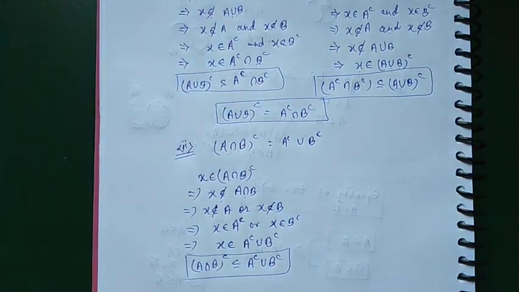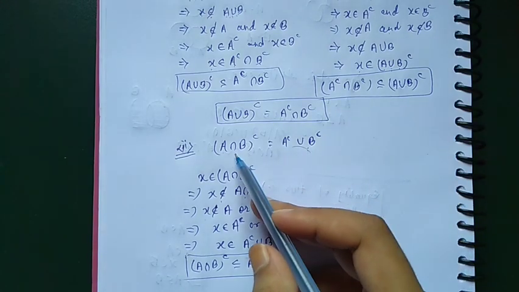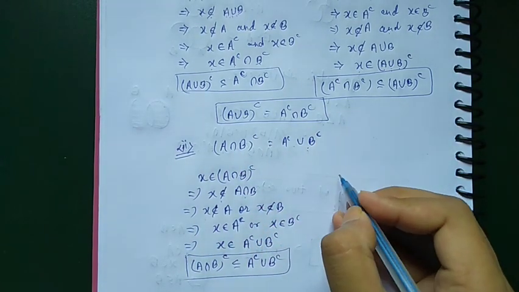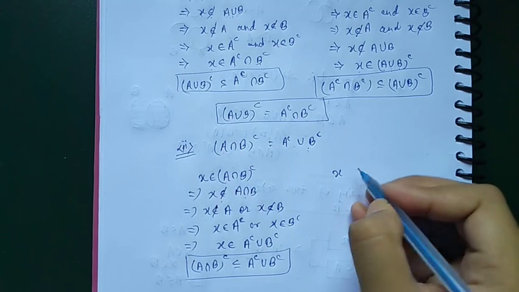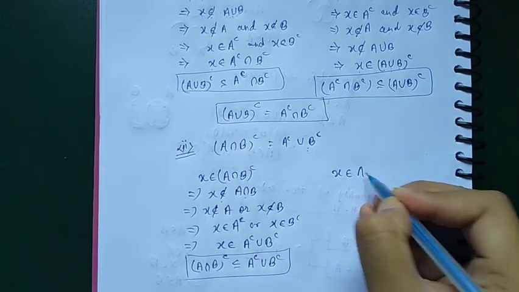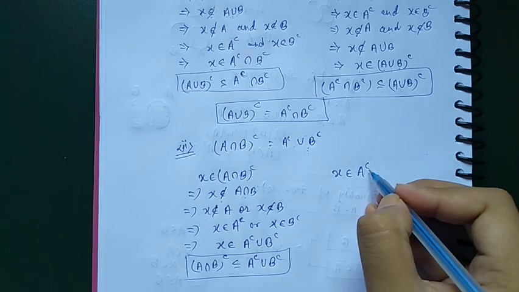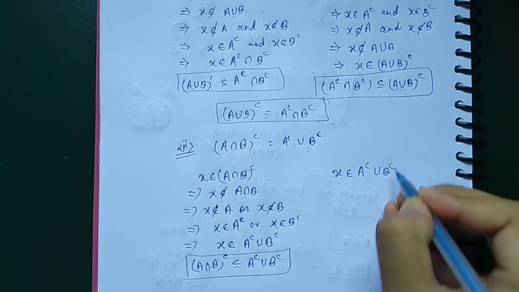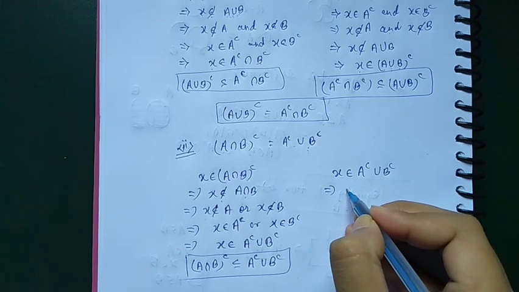Now we will prove that this set is a subset of this set. So we will take here also an arbitrary element X which belongs to this set, A complement union B complement. This will imply that